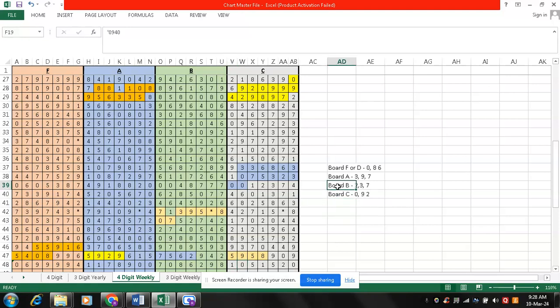Board B you can look at playing 207. Board A should look at playing 9 and 7. Board D again since 4 5 days continuously 9 has come, so we would continue to play 086